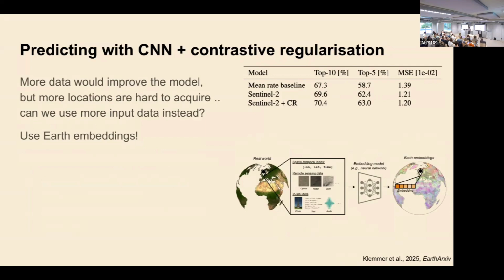And it's kind of great for two reasons. One is that it combines a lot of different modalities, so there's more information than just the single Sentinel-2 image that we had before. But secondly, it essentially takes care of the pre-processing that normally makes it very difficult to use different satellite data.